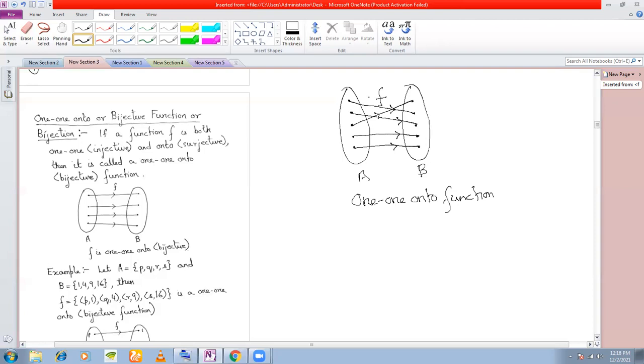How do you convert that in case of problems? How do you do it? If a function is given to you, you show that it is one-to-one, which I've already shown you how to do, and you show that it is an onto function, which I've also shown you how to do. You check both whether it is one-to-one and onto, and then you can say that it is a bijection or a one-to-one onto function. Okay. So I'll stop here then.